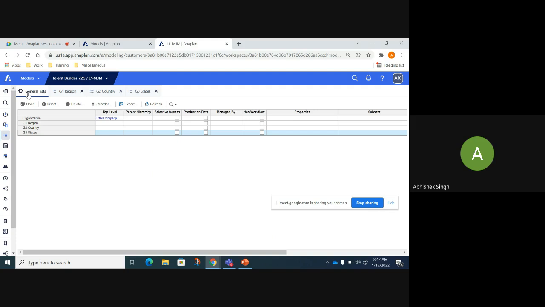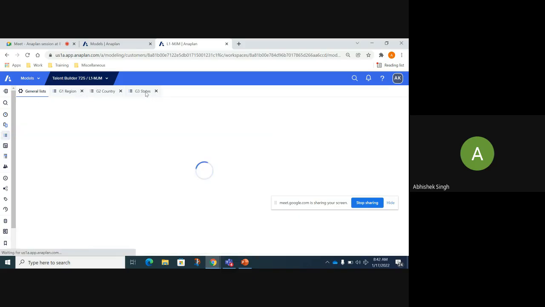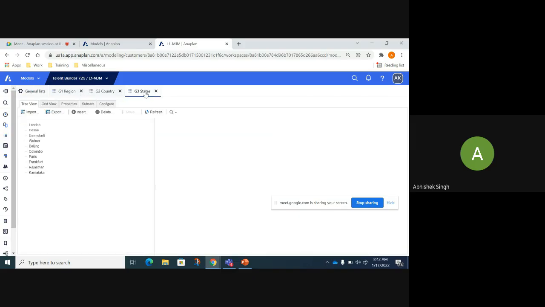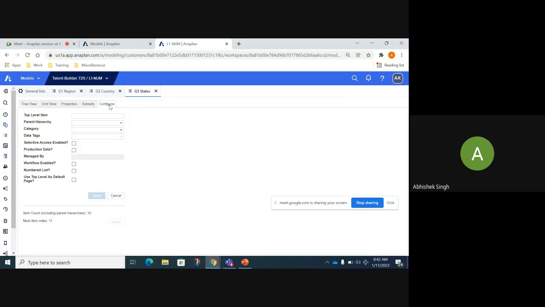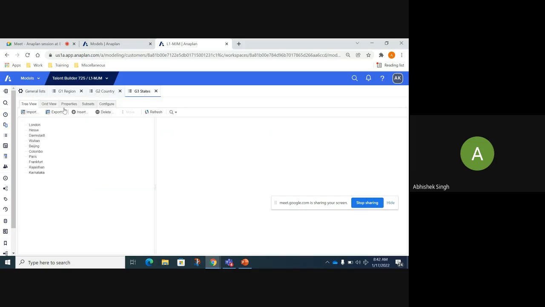Ideally, as part of your hierarchy creation, you need to define the parents of each and every list. So what is the parent of state? It's country, right? So we're going to move to this G3 states, and we define the parents by going under a configure option. Before that, we see different tabs here: grid view, properties, subsets, configure.